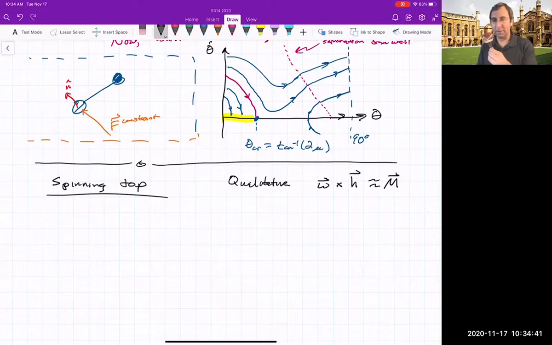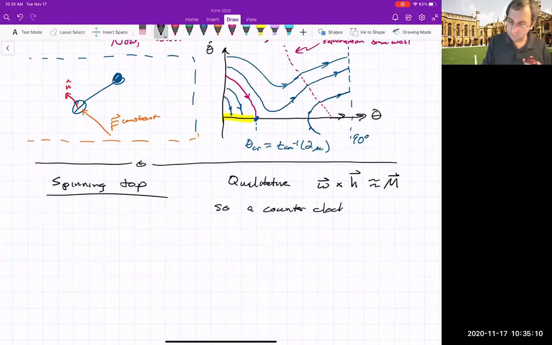What does omega have to be? So omega cross H, this orange vector, to go in that direction. It turns out vertical. So omega cross h, my thumb is pointing in the direction of the moment. So if I start this out spinning, viewed from the top, this is spinning counterclockwise. A counterclockwise, seen from above,